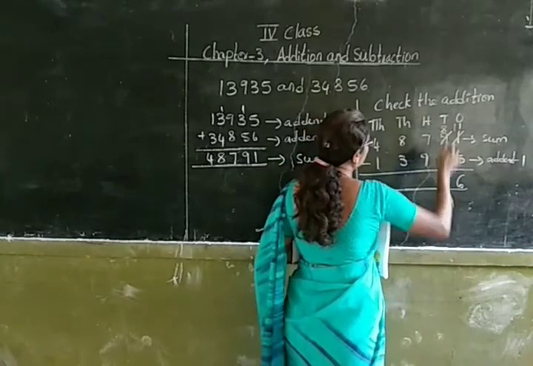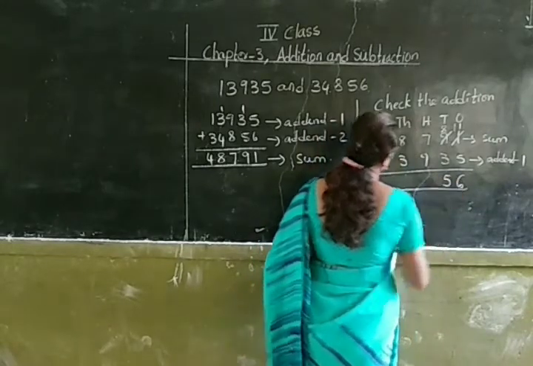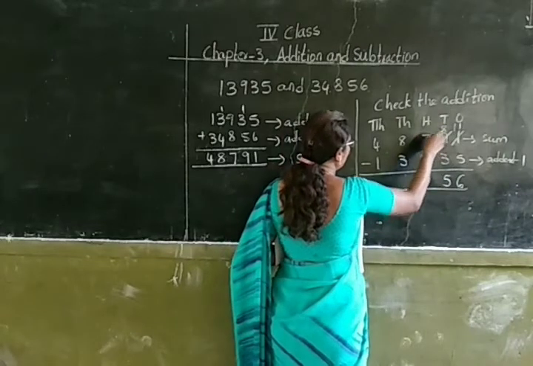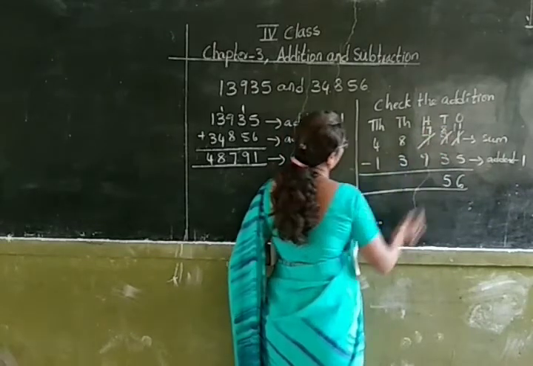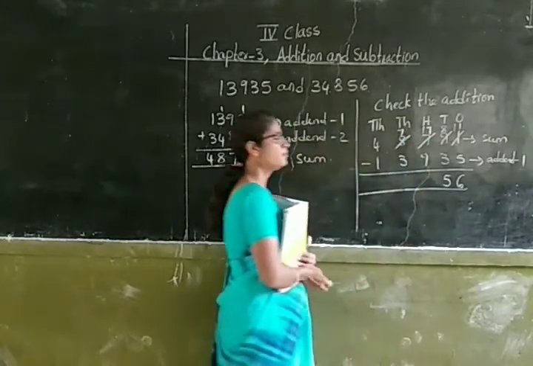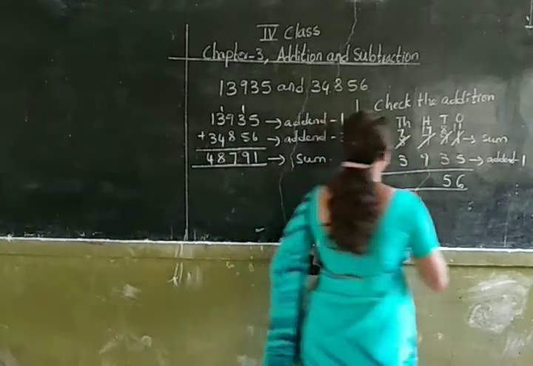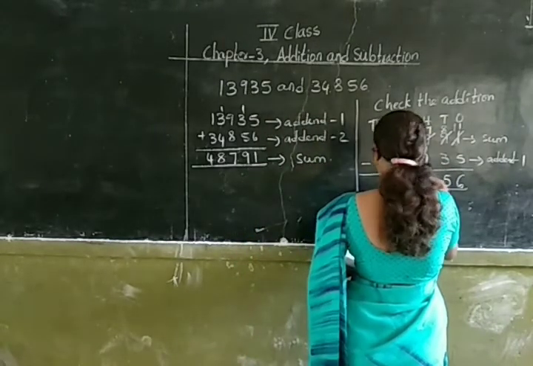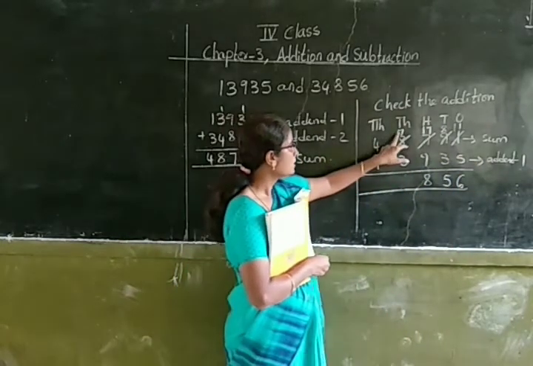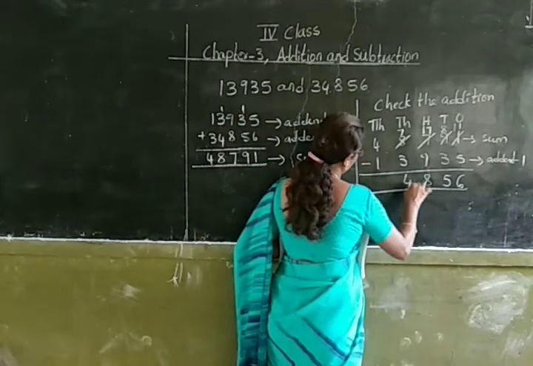Now 8 minus 3 is how much? 8 minus 3 is 5. Here I can't subtract 9 from 7. So 7 becomes 17 after borrowing and 8 will become 7 after giving away the borrow. Okay. Now 17 minus 9 is how much? 17 minus 9 is 8. Now 7 minus 3 is how much? 7 minus 3 is 4.